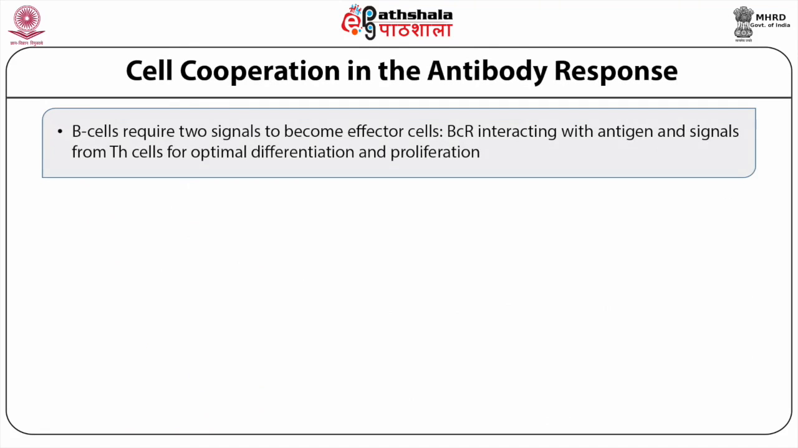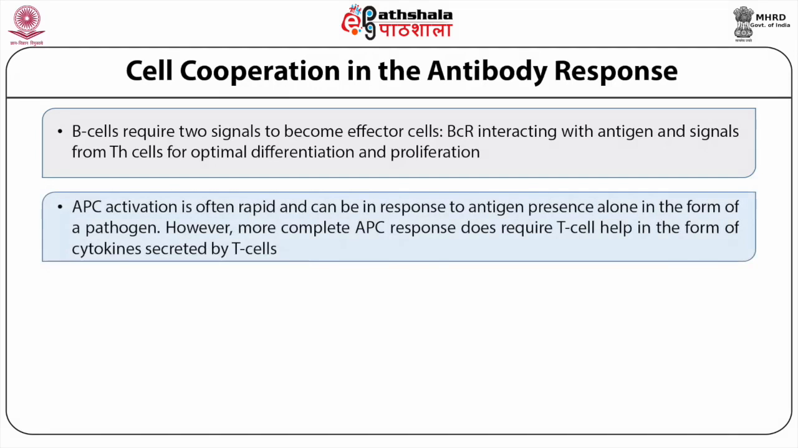B cells only require two signals to become effector cells: BCR interacting with antigen, and signals from TH cells for optimal differentiation and proliferation. It is necessary to view activation of both B cell and T cell in the context of time and place. APC activation is often rapid and can be in response to antigen presence alone, in the form of a